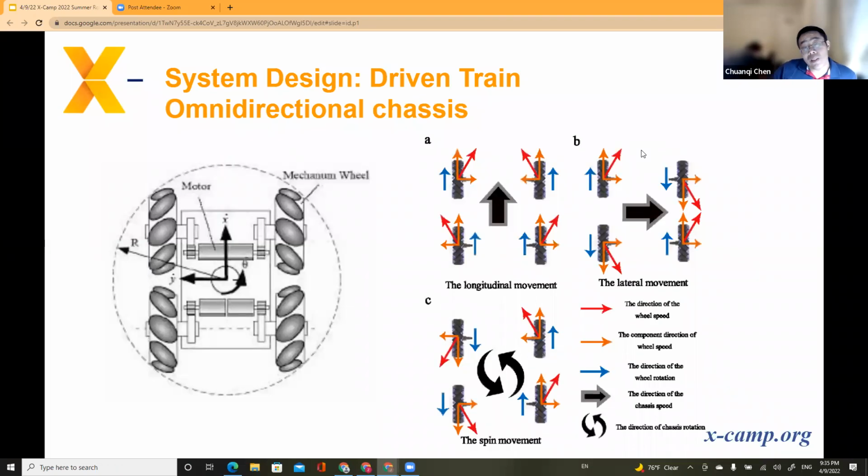System design. So we can start with the drivetrain. How do you design a push bot? For this one, what we show is that this push bot can move in any direction. So we will talk about how you design such a push bot that can move in any direction, and how you program to control this.